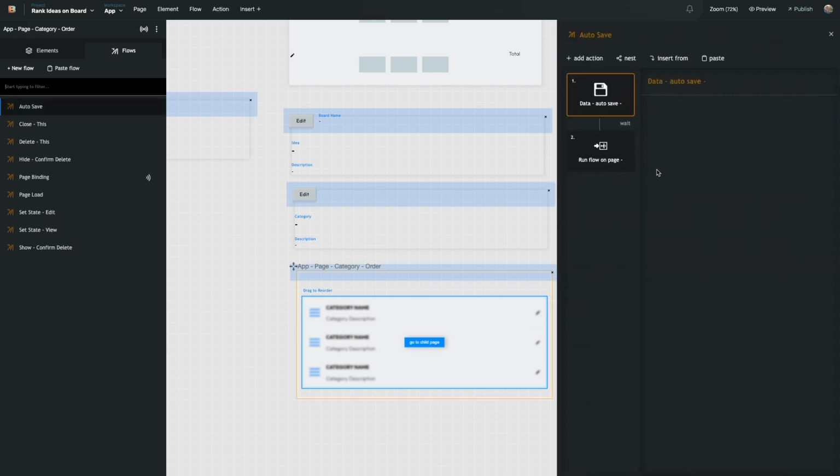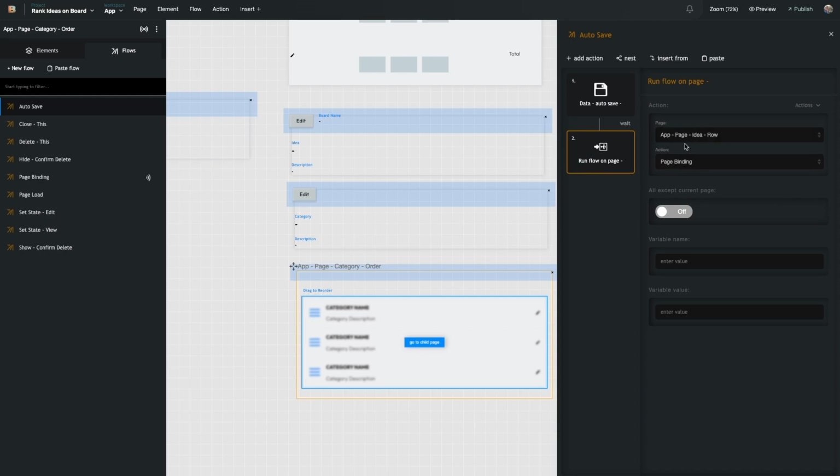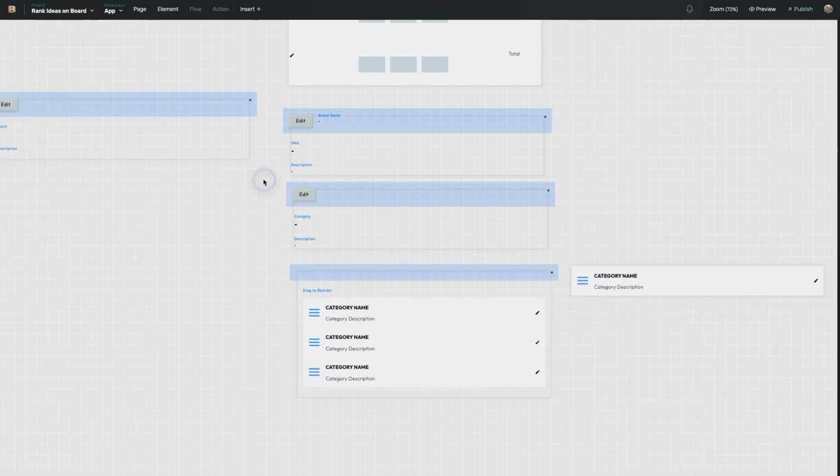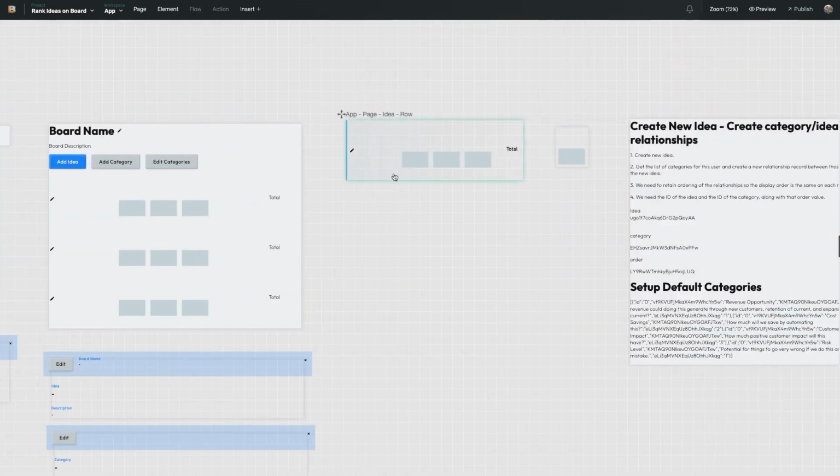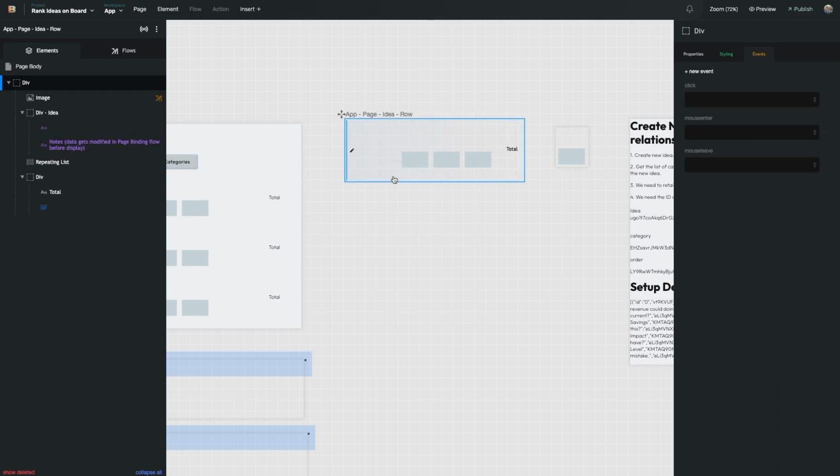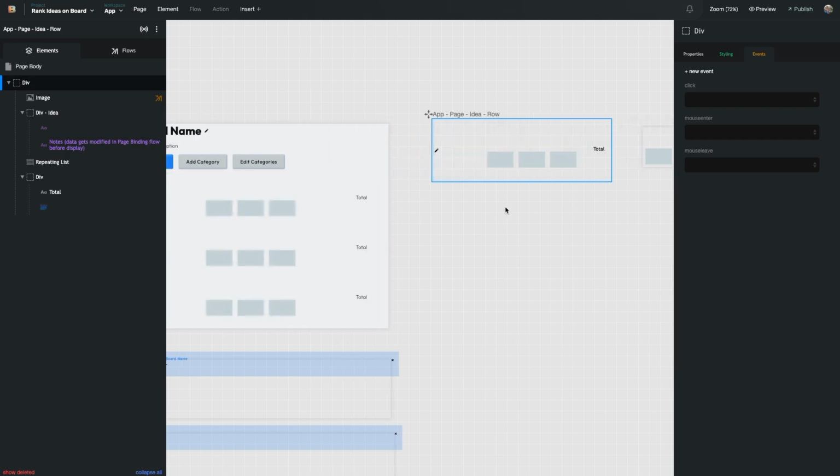Now, in my autosave, I also ended up adding a function to run page binding on our app page row. And this was because I actually went through a process where what was happening is because I had a data listener set up for categories and the scoring of the categories. And I end up getting to the point where with a bunch of ideas and a bunch of categories, there's like hundreds of data updates that happen. And you could see, if you looked at the network, you could see literally hundreds of things happening